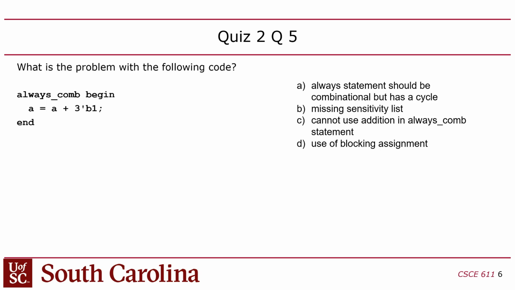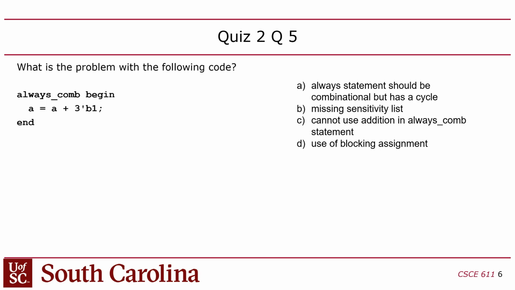So if we had done this as a clocked logic, always_ff, it'd be fine. It would literally just be a counter. Every cycle would tick up by 1. But because it's combinational logic, this is going to create a combinatorial or combinational loop, right? It's not synchronized on the clock, so there's nothing to control the value of A. So if you run this in ModelSim it will just lock up. It'll just hang because it'll be an endless sequence of triggerings of the always, and it will never converge on